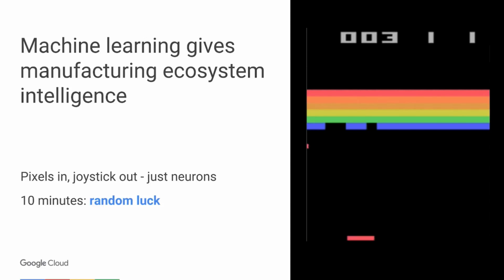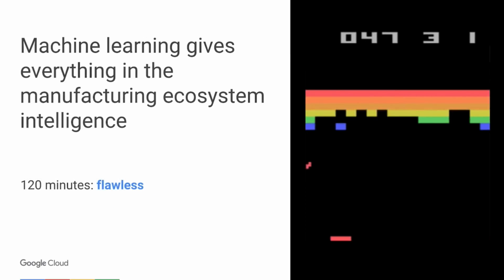The reward function, of course, is score here. And as you can see, the machine starts learning, frankly, by random luck. It tries something based upon the data, receives a score, and then it adjusts. After 2 hours, the machine plays flawlessly. Double-digit scores. For any of you who've played this game in the past, it takes hours, if not days or weeks, to become an expert player. And this is really 2 hours for a machine to learn how to become an expert.